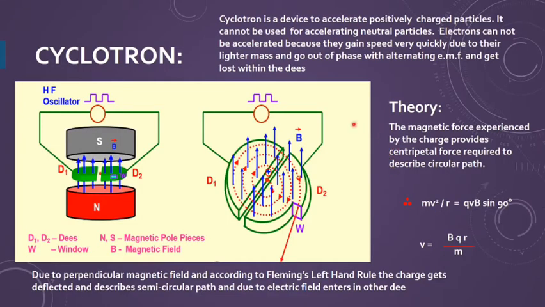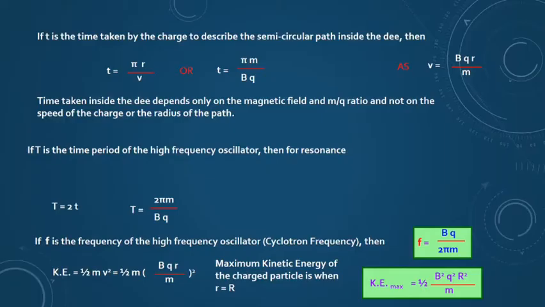And similarly the cyclotron, just to give you the idea. Here also I have two hollow Ds, like spheres which are hollow from inside, kept parallel to each other in the magnetic field. And we allow charged particles like helium particles or heavy positively charged hydrogen particles to move in these Ds. Because we have seen the time period is independent of the speed, but if you want to find the speed, you can always find it, and the direction of the force you can find by the left hand rule, as we have already discussed. So we are not going into much detail of the cyclotron.